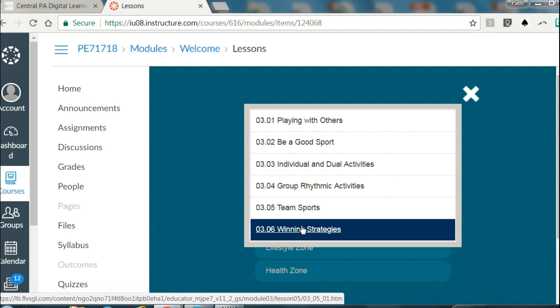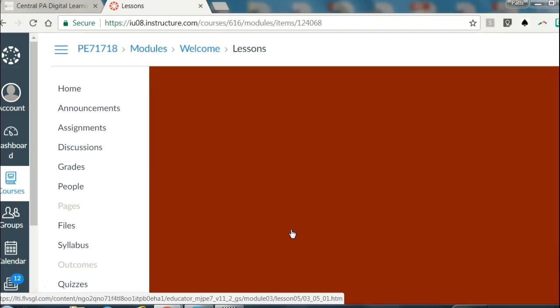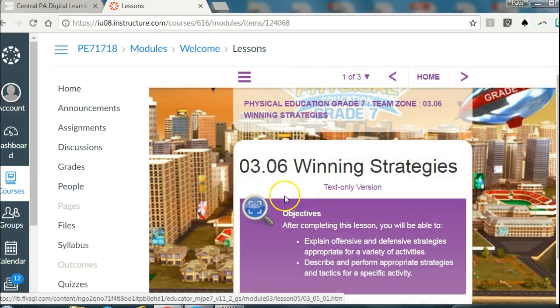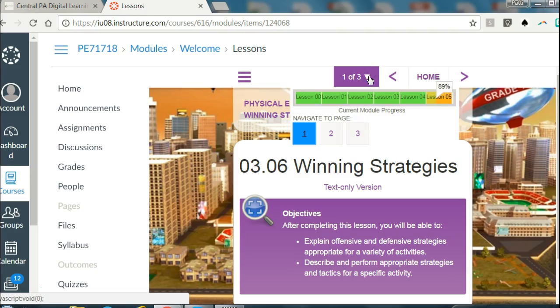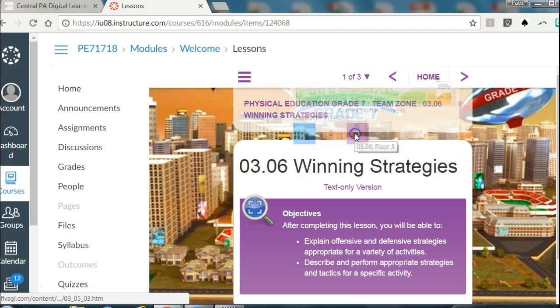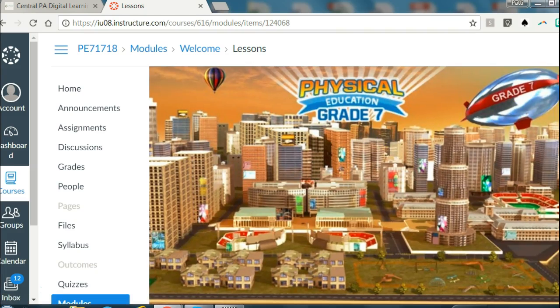So the next assignment that Simon will be working on will be 3.06. So that is where we'll click into assignment 3.06. And there it is. We can see up here that there's going to be 3 pages for this assignment. So again, you're going to do the exact same thing. Use your drop down arrow to navigate through the pages. When you do navigate to page 3,